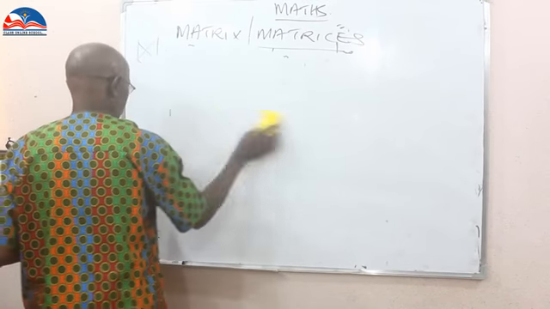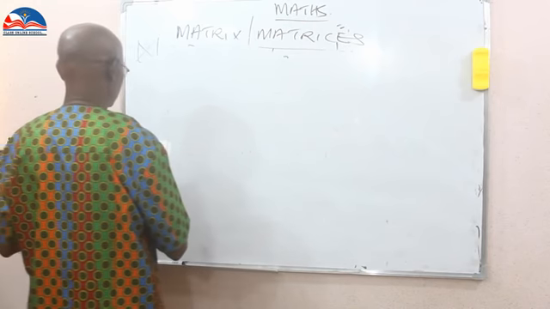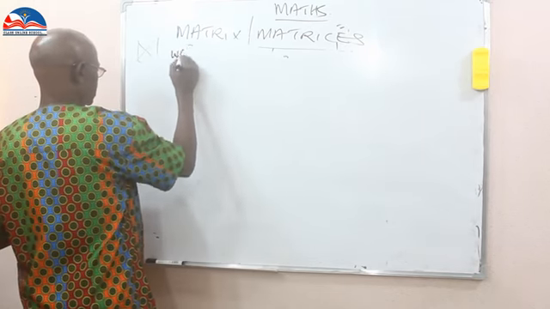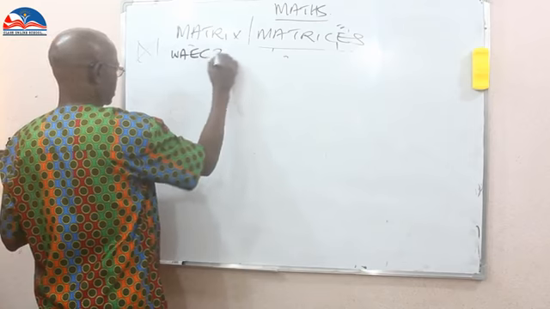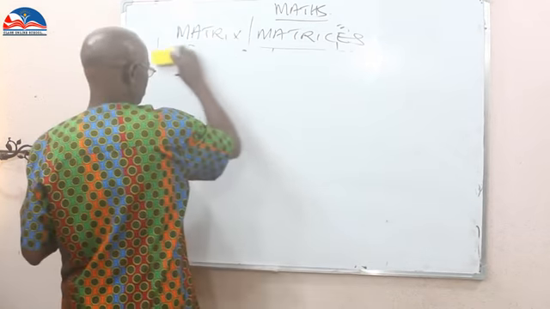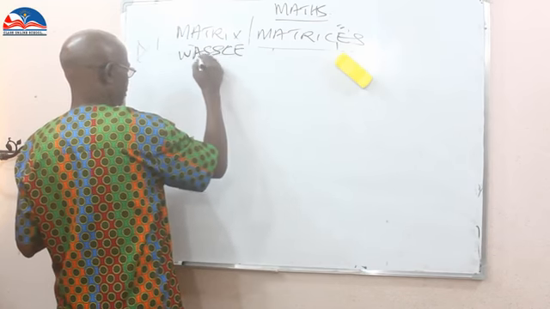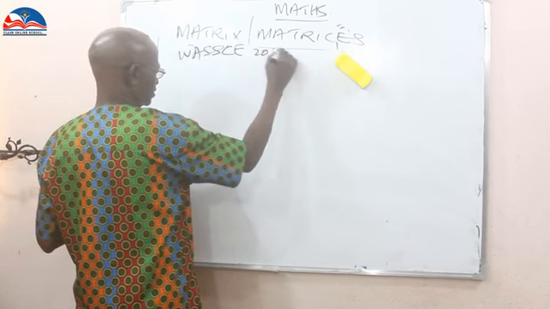Where you have simultaneous equation. 2017 number 12B. Like 2017 WASC, the West African School Certificate Exam. WASC 2017 number 12B. It says, given